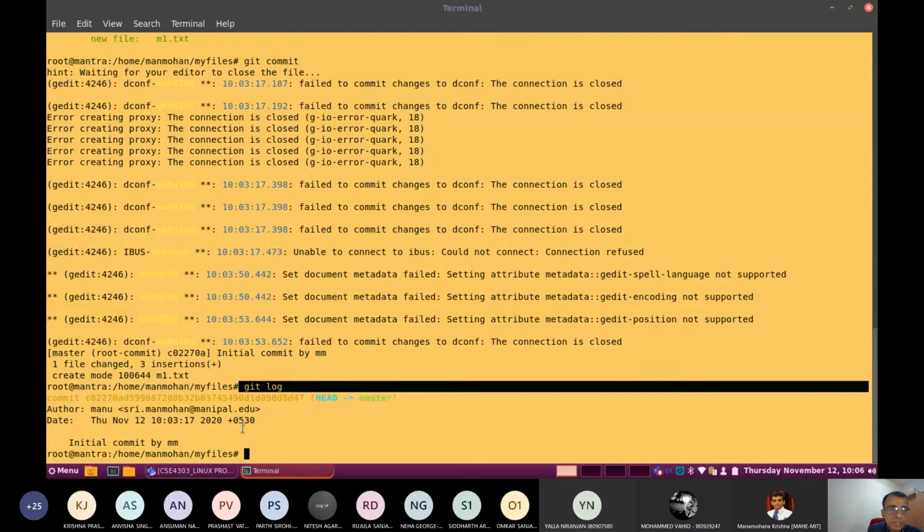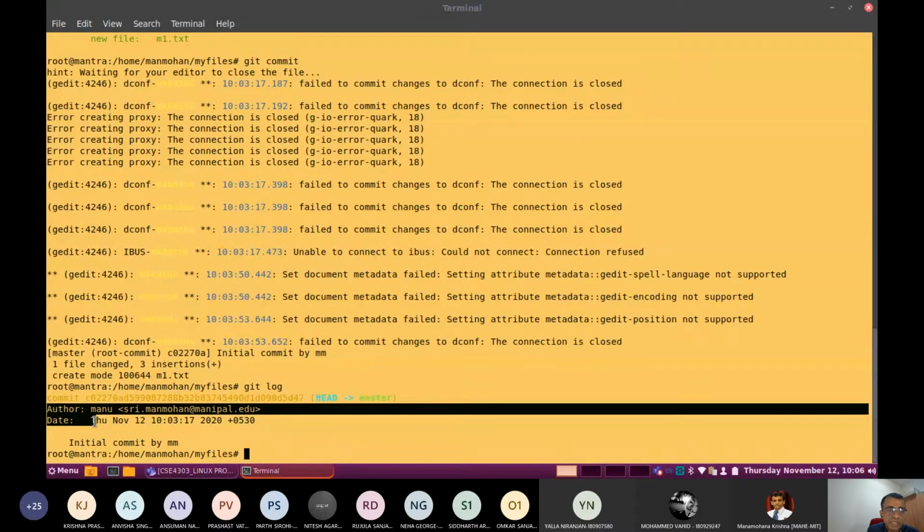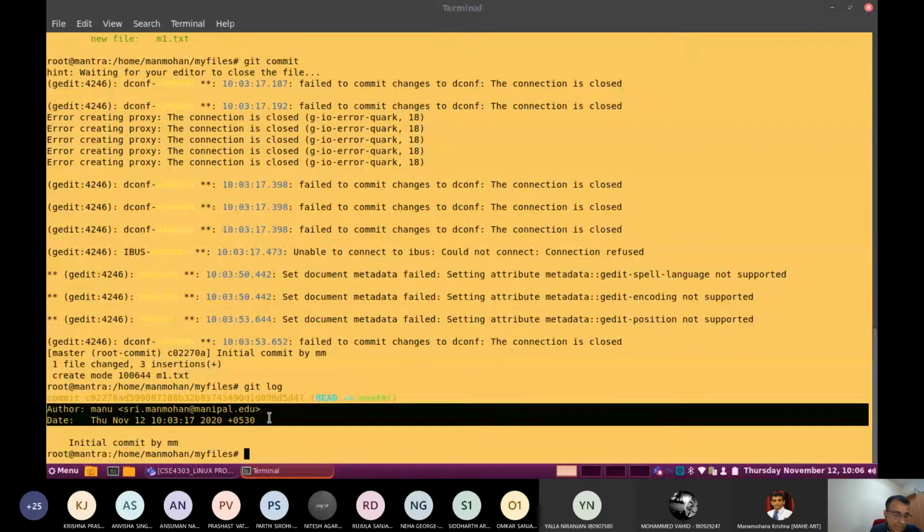Now look into this. The moment you say git log, the commit hash code, an alphanumeric code, is displayed, along with the author name, the username as well as the email ID, which we already assigned during the initial configuration, when you committed this.